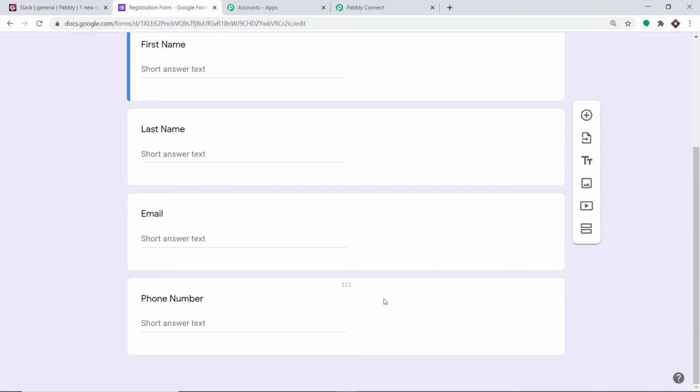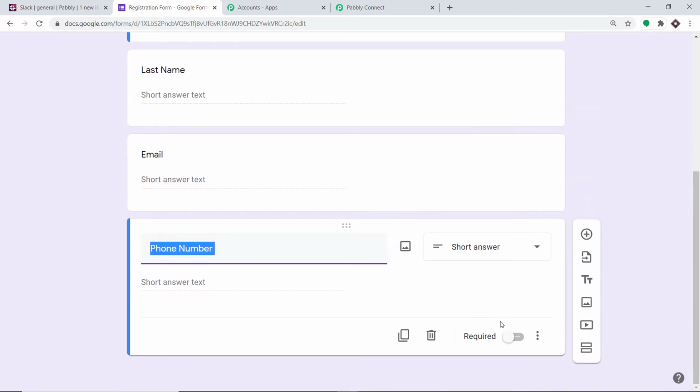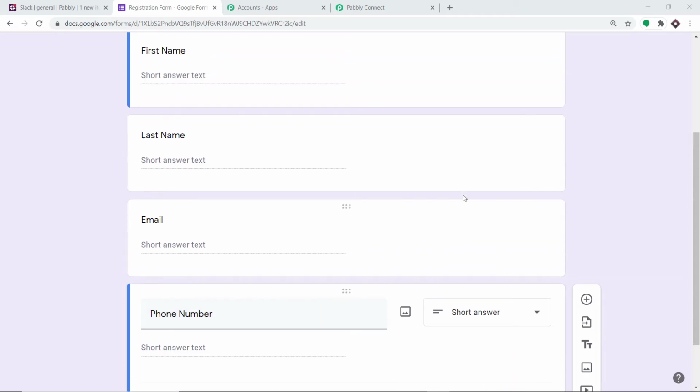So here we have to make some changes. I'm just clicking here, and I'm going to toggle this to the right. Basically it will ensure that anytime this particular field is filled along with the form submission, it will send the data, because it will act as a trigger to send the data to Google Sheet. So we have set this field as mandatory. After this field has been filled and the form has been submitted, the data will go directly into Google Sheet.